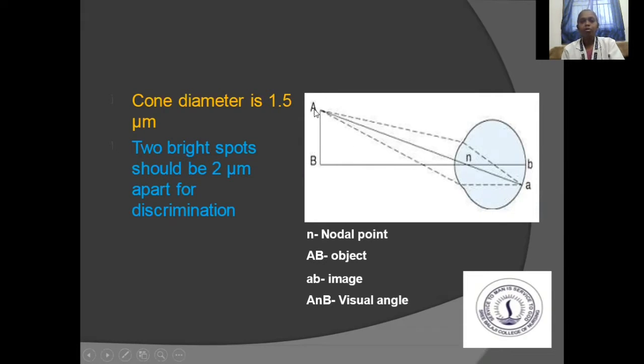If anything goes wrong in this angle, then from the object, it is supposed to be perceived by the eye. It will reach through the cornea and the eyeball will recognize the image. From there, it is recognized by the brain with the help of the optic nerve. This is the image, and here is the center portion or nodal point, from where the object is observed. This is the normal phenomenon of the eye. If anything goes wrong in it, it will land up as a refractive error. We are going to discuss each and every type of refractive error in detail.